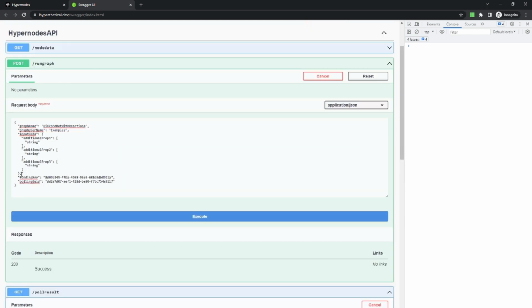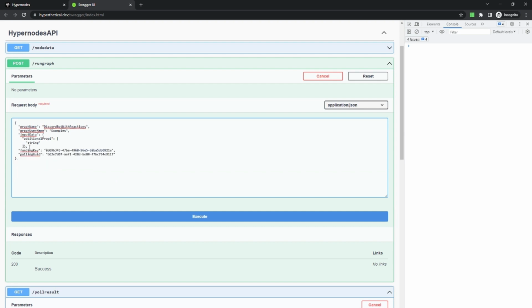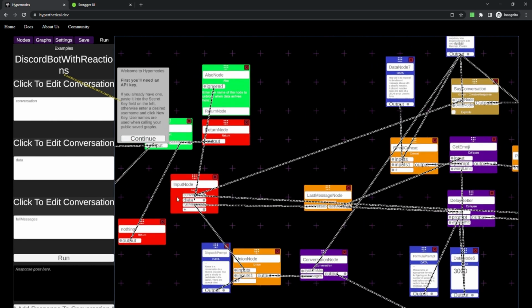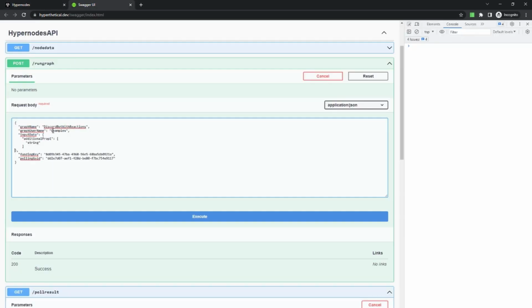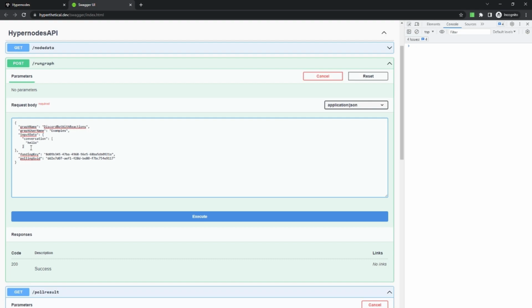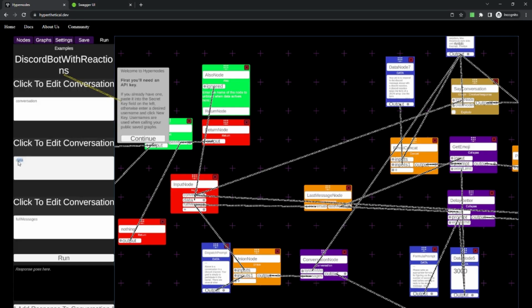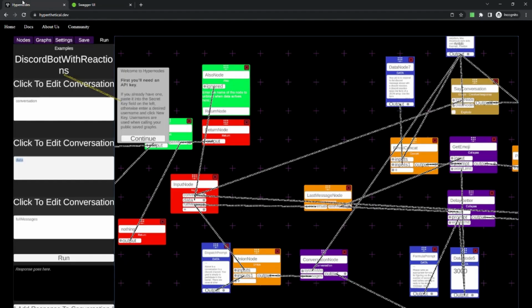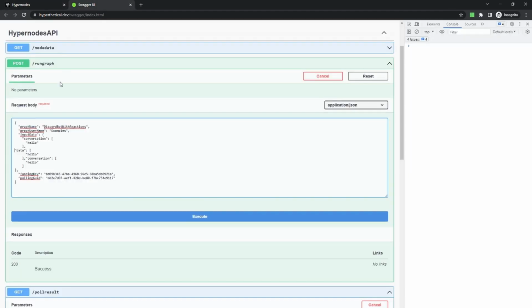Oh, I need to of course add a conversation. What is the way to do that? Let's see. We have conversation. Actually, we have a lot of things here. We have the data key, which currently is ignored. So in this particular graph, data is not used, but that's the data key that all the Discord clients will send if you want to use a mailbox. But we still have it there in the graph